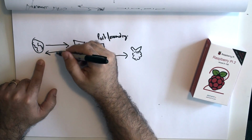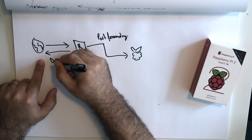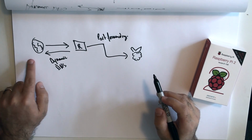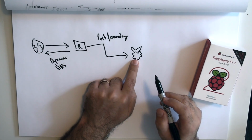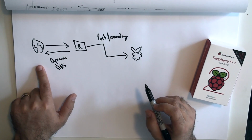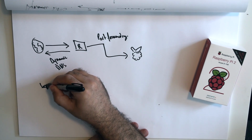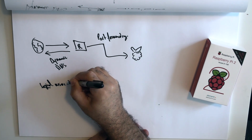This process happens through dynamic DNS. And once you've completed that, you should be, with a logical name, able to access your Raspberry Pi. And just to add one more layer on top of this, once you've got your logical name.ns01.info,